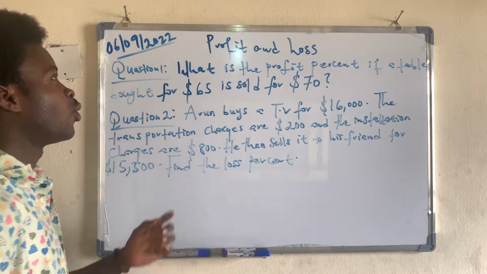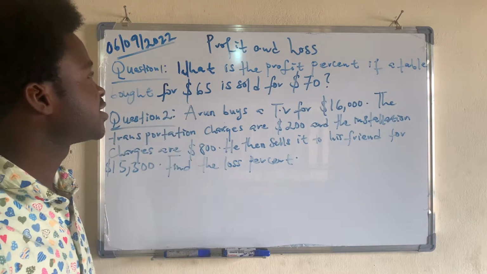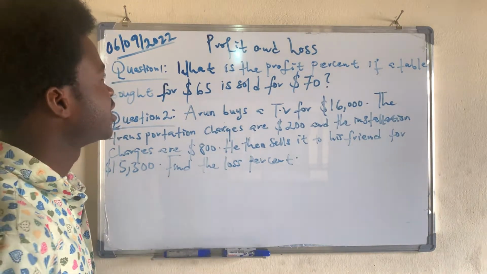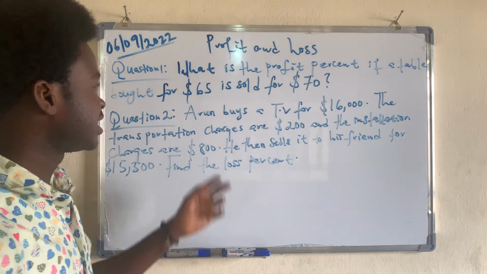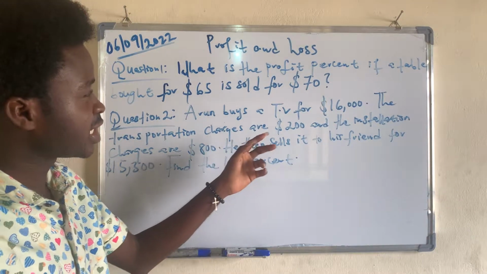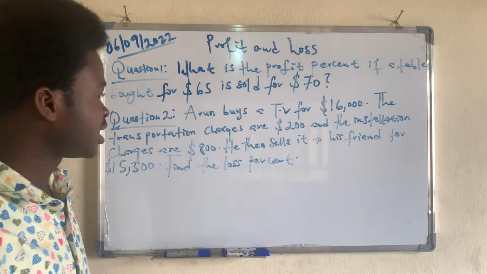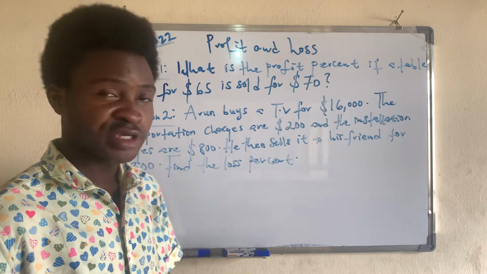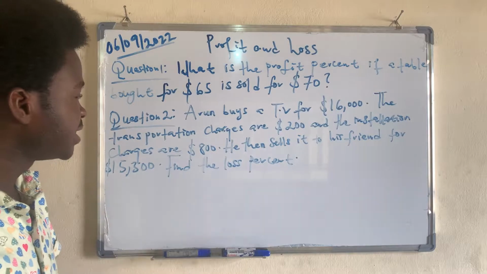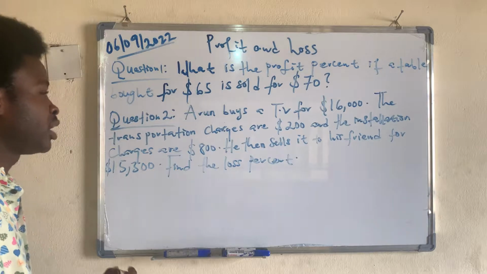It says, what is the profit percent if a table bought for $65 is sold for $70? And question 2 says, Aaron buys a TV for $16,000. The transportation charges are $200 and the installation charges are $800. He then sells it to his friend for $15,300. Find the loss percent. So we'll take these problems one after the other. Considering problem 1,